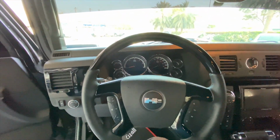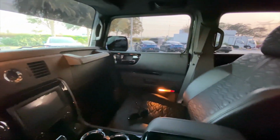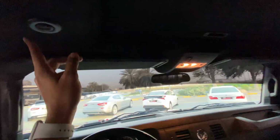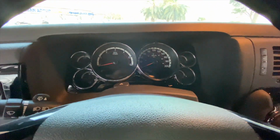The dashboard doesn't feel the best in terms of quality, but it's so wide somehow, and there's a sunroof on offer as well, so you can open it like this itself, but it's so dirty, so I'm just going to save you the trouble of looking into it. This is for the reception of the audio. I think this is for the speaker as well, for the Bluetooth system, and the instrument cluster is super basic